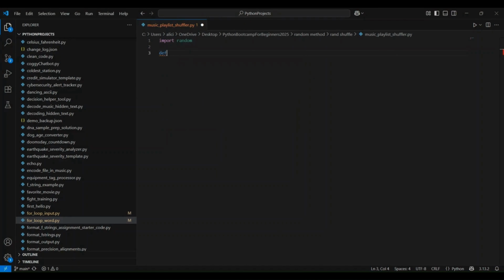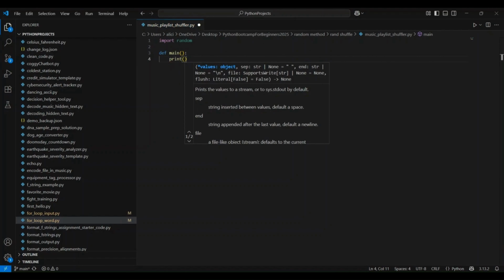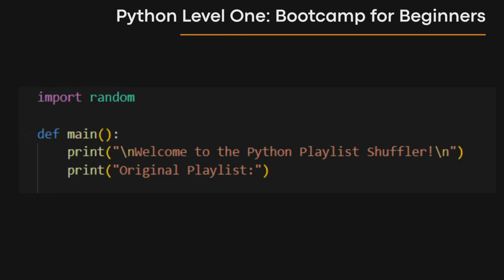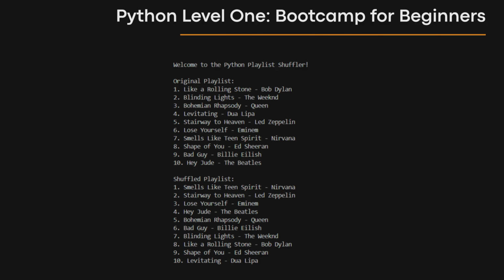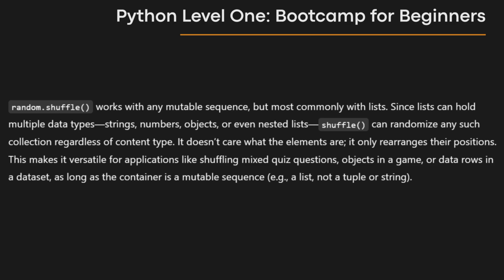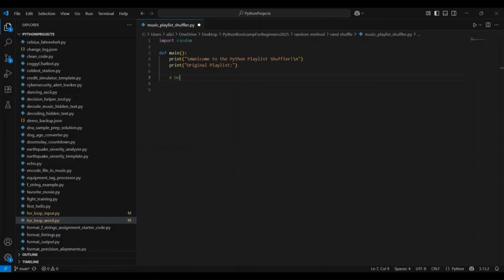Let's start with defining main. The program opens with a music-themed welcome that immediately sets the context. The playlist contains a diverse mix of classic and contemporary songs, spanning different genres and decades, from Bob Dylan's legendary Like a Rolling Stone to modern hits like Billie Eilish's Bad Guy. random.shuffle can work with any type of list content, whether it's strings, numbers, or complex objects. After we've created the playlist,